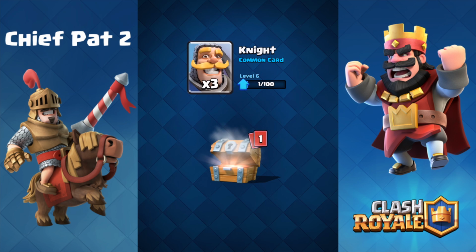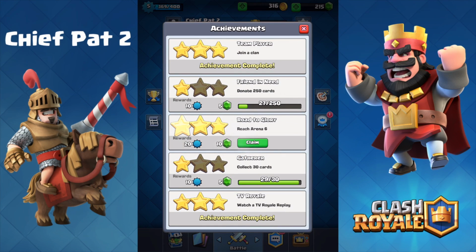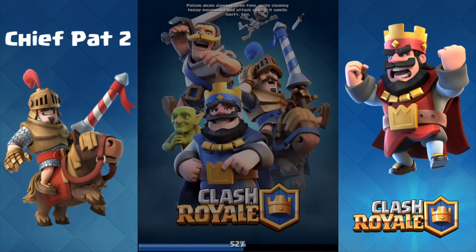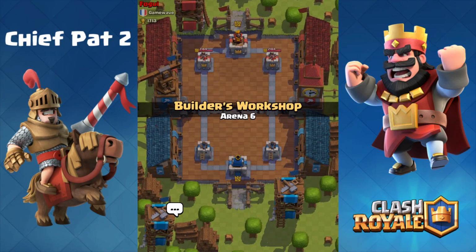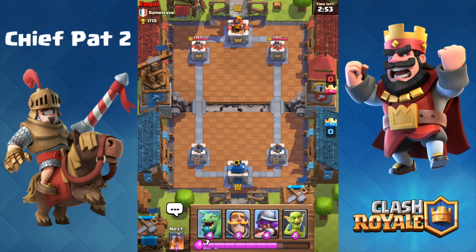But taking a look at the cards we've got the Mortar, Elixir Collector, and the Golem. I don't see myself using all 3 of those inside of my deck. Maybe the Golem. I don't think the Elixir Collector is a good card to have in your deck whenever you are a lower level, which obviously I'm going to be pretty much for the rest of my life on this account. But let's go ahead and hop into some more battles, and continuing on that crown chest,